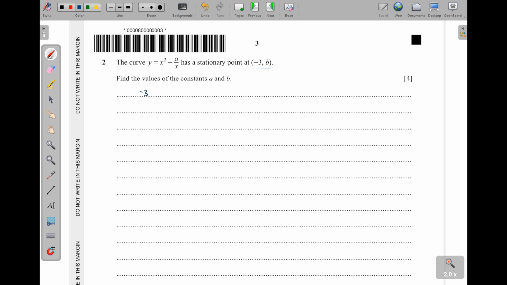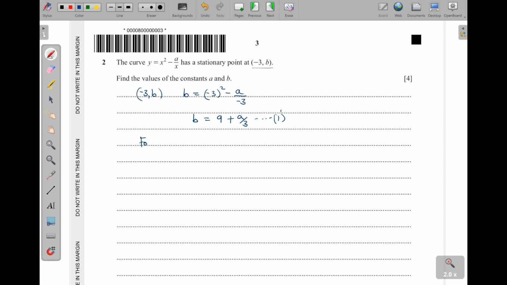So this is negative 3, b. So y is therefore b, which is equal to x is negative 3 squared minus a out of negative 3. Okay, so this one will give us our b, which is equal to 9, then plus a over 3. This is one equation. Then they also said that this point here is the stationary point, and we know that